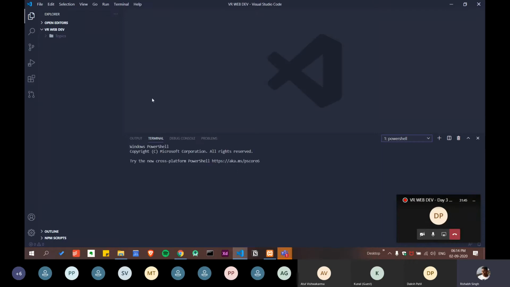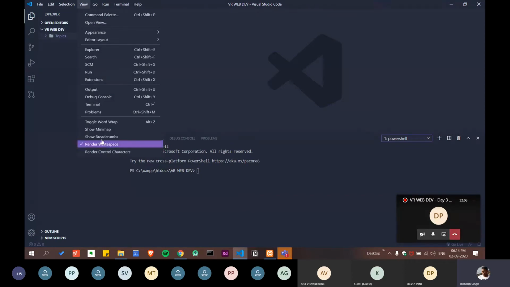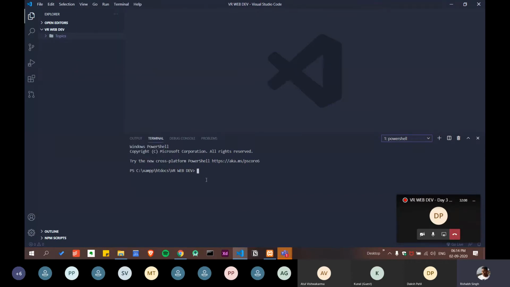Okay, so the terminal is here, and as you can see, we are on that folder, web dev, and here are the topics we are going to cover. Let me close it for now. The first thing I'm going to do is clone my GitHub repository. For that I have to open the terminal, which is already open, so no problem.